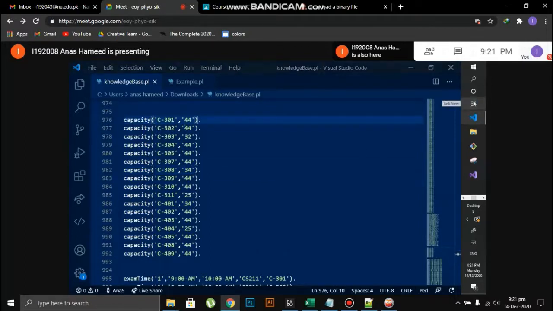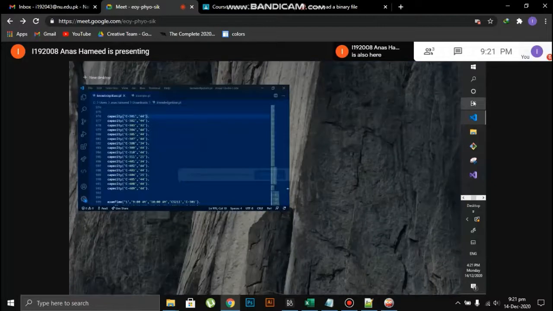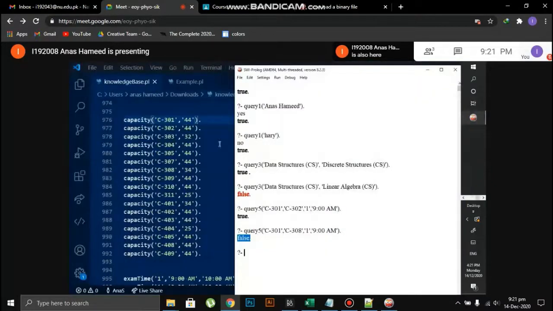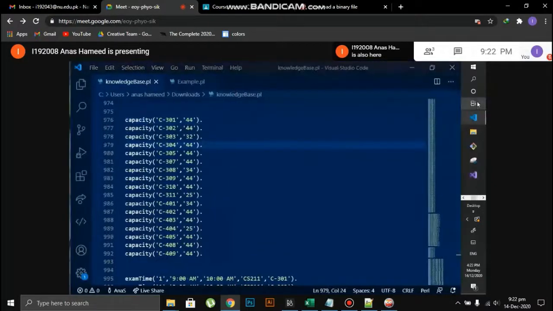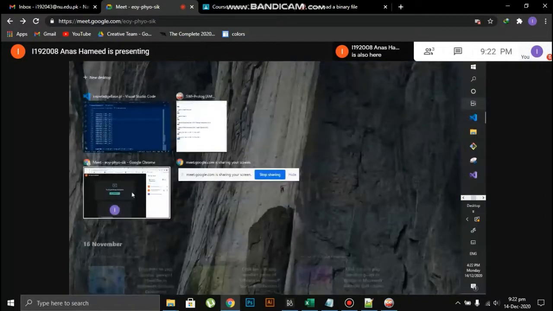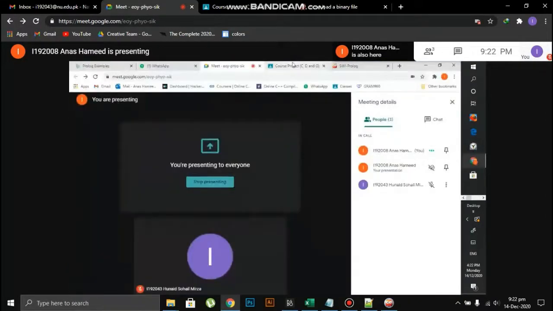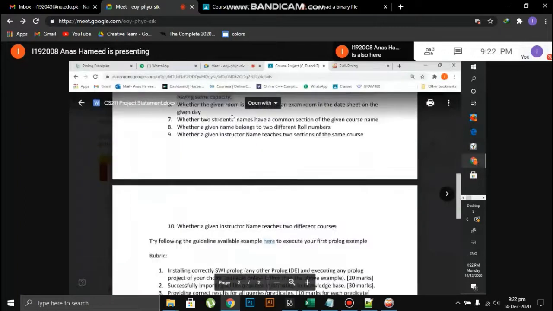Now the next query I have is query number 7, which, if I go to the document again, checks whether two student names have a common section of a given course name. So here we are checking whether two students are class fellows in a given course. So if I show what I have written for this query,